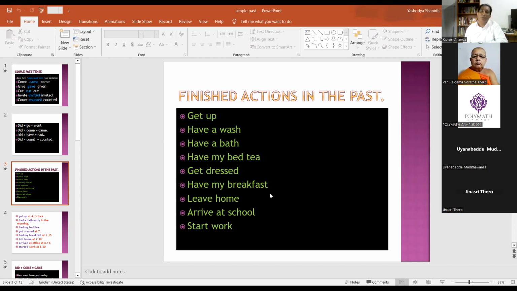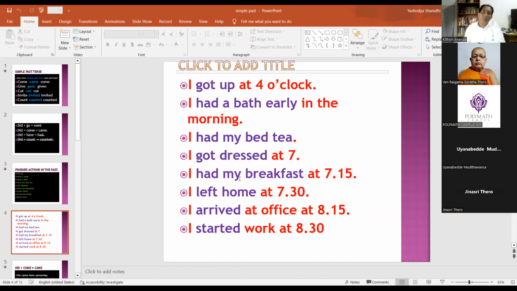So if the time is 9, these things are finished. Then we have to express these ideas using the simple past tense. I got up at 4 o'clock. Get up is the simple